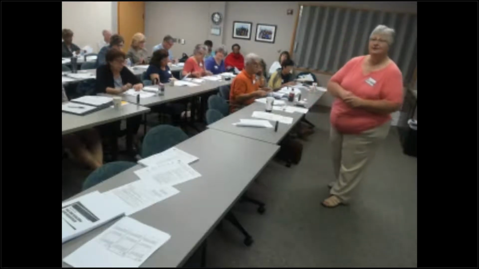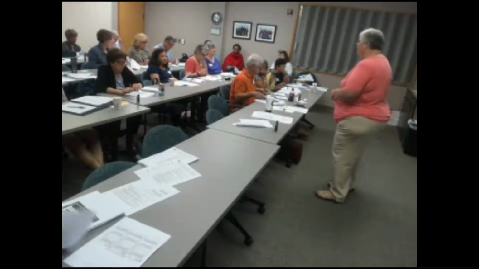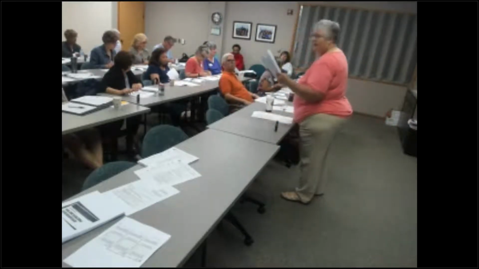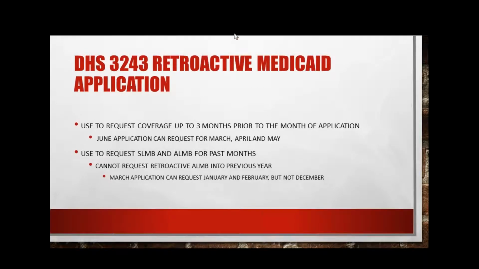Okay, next slide. Before you leave that checklist, though, could you just tell us what other things we should automatically send in with that application besides the asset information? If it were me, most of the time we're looking at checking and savings accounts, life insurance, burial funds, vehicles, Medicare card, any other health insurance, whether it be through an employer or something purchased like a Medigap policy, any kind of income,